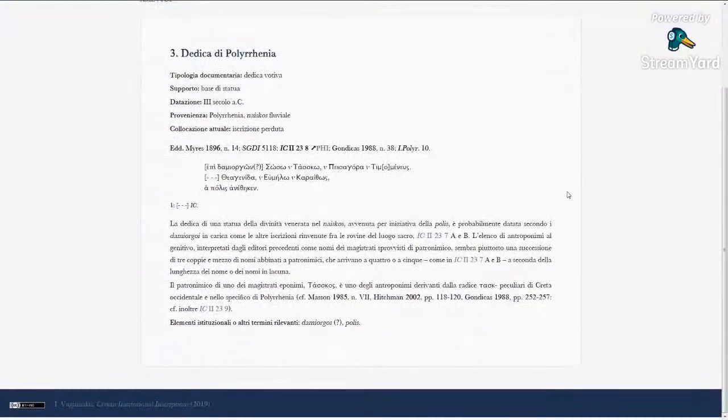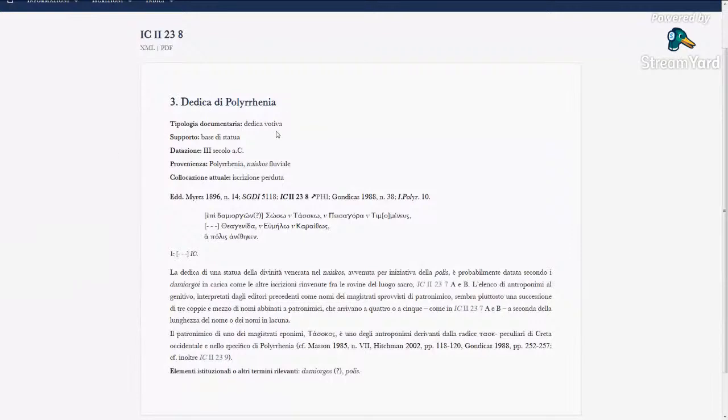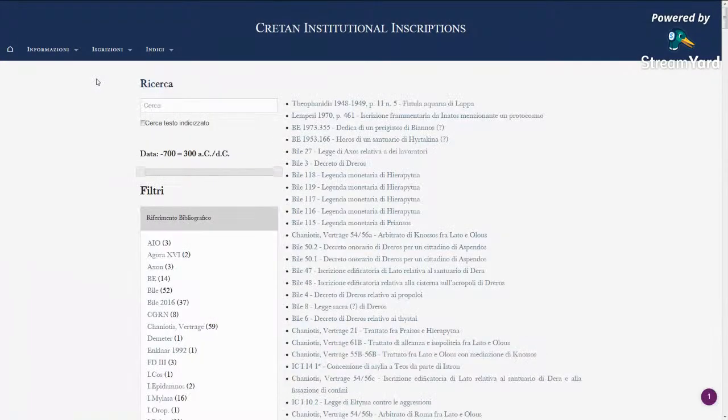So this has the sort of display you expect to see from an inscription. It has the basic tabular information about it, and then it has the text itself, bibliography, and then some free text running commentary with cross references and bibliography and so forth down the side there. She has also modified the search interface somewhat,